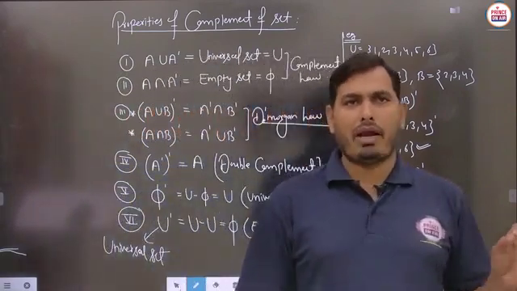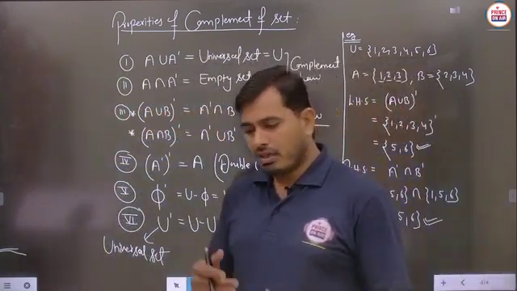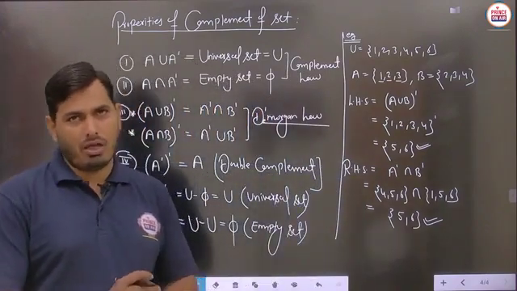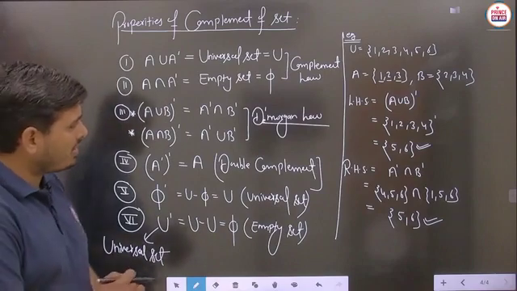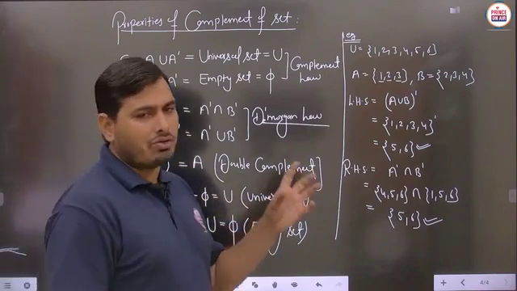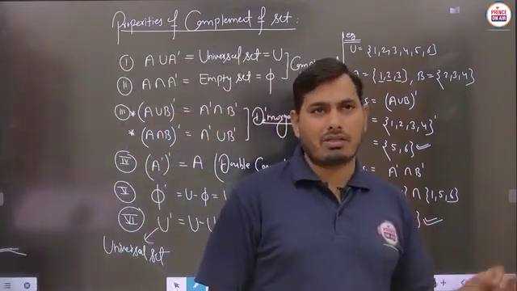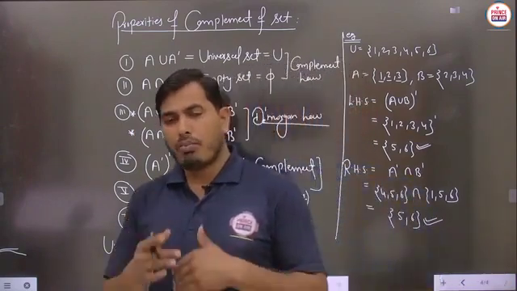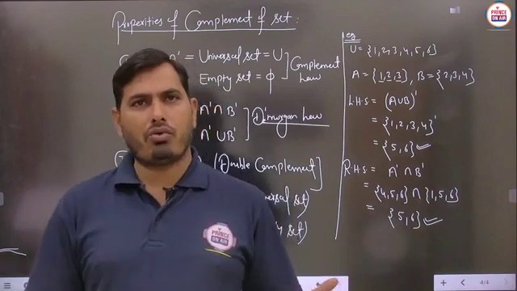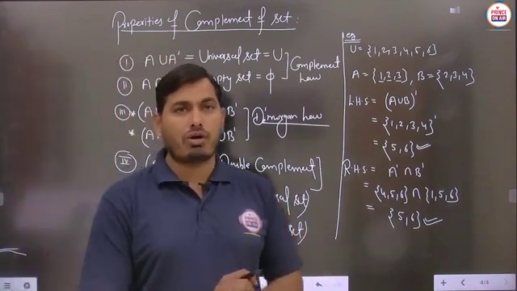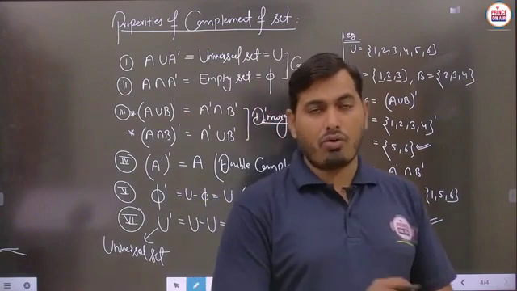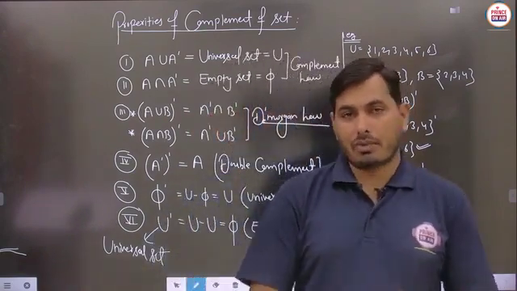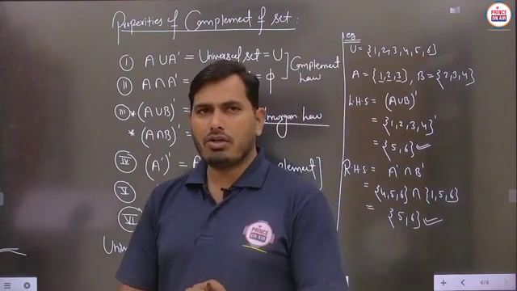We have to keep each and everything in mind. So with these basics, if some kind of expressions come up, then you can easily solve them. And students, the complement set is also used in the probability section. I will tell you already, because whenever complementary events are defined, suppose a coin is tossed one time, then you will get the answer as H and T, meaning either you will get the head or the tail.